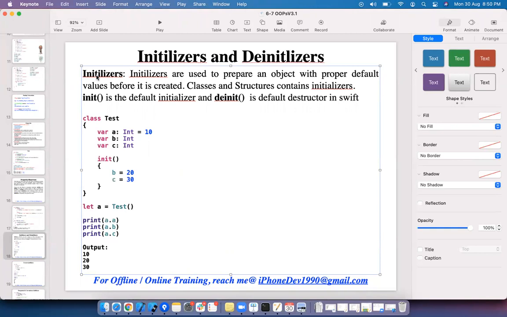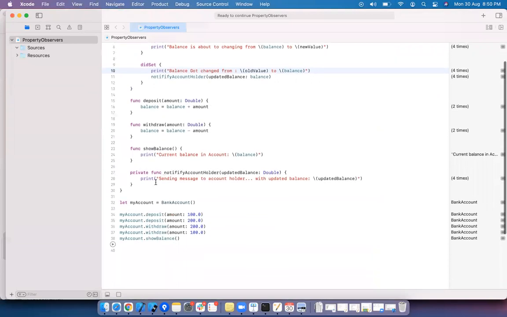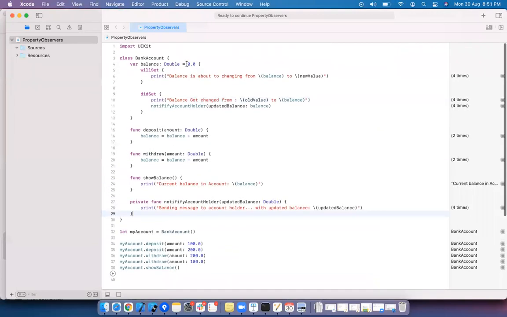By using the initializer, we can construct the object properly. Init is the default constructor, and deinit is the default destructor. We can write that here, using the same example. Let's say I do not have any value here.